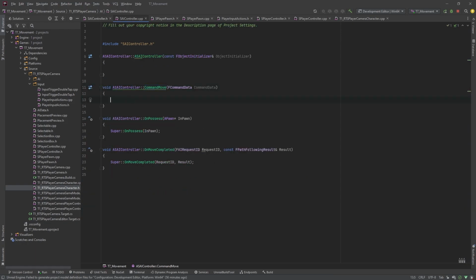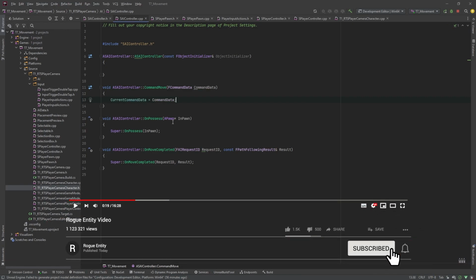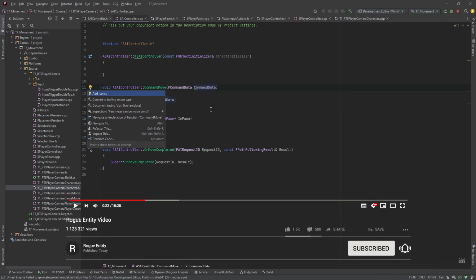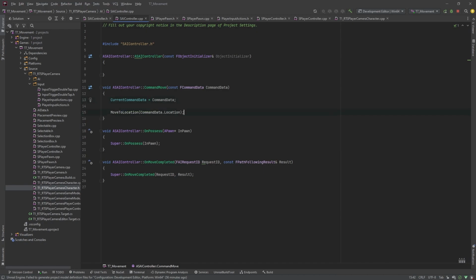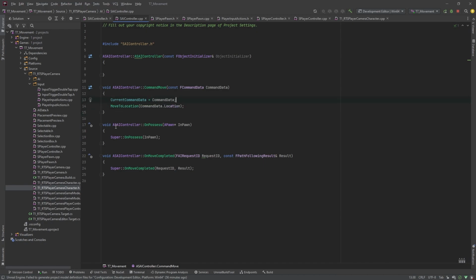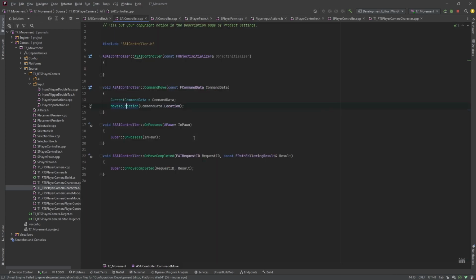So that'll be the first thing that we do here. We'll just set our current command data to the data that's passed in. So it'll always be the most recent command that's come through. And then we're just going to call the move to location, which is a built-in function in the AI controller. So if you have a look at this, part of the AI controller that we've inherited off generates a path and follows it. You can pass in acceptance radius and some other things, but the defaults are fine for what